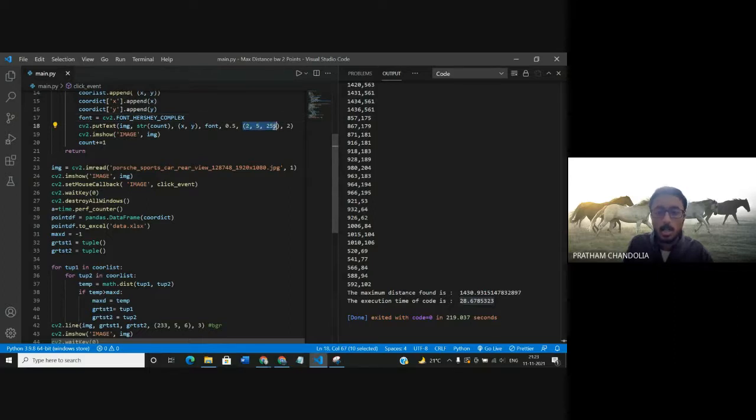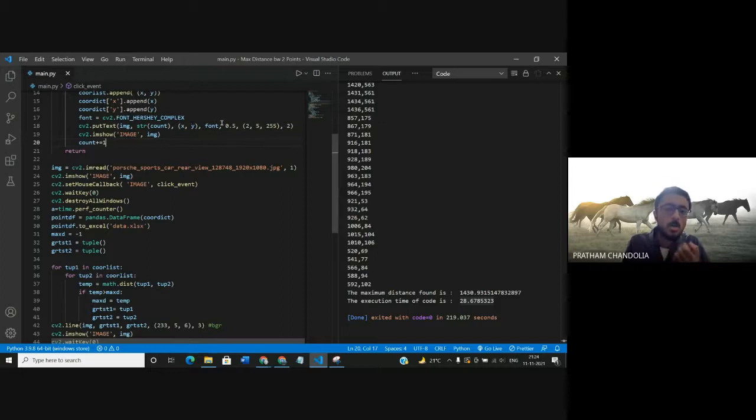It is actually an RGB code, but while we write this code, I have written this in BGR format, not RGB. I've used this font only, and these are the coordinates, and I have just used count and image on the image because we have put the text. Then I've shown it in the image here, and then I've incremented the count.